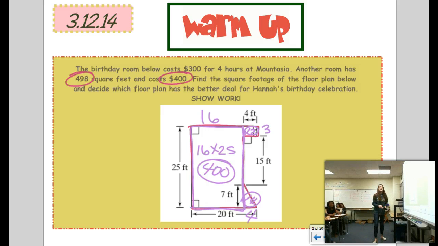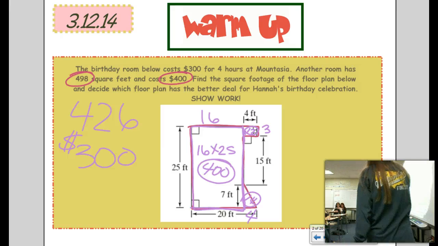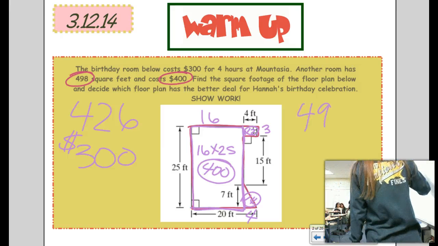Okay, add them up. 400 plus 12 plus 14. Oh my goodness, we could have done that in our head. 426. So it costs $300 for that room, and it costs